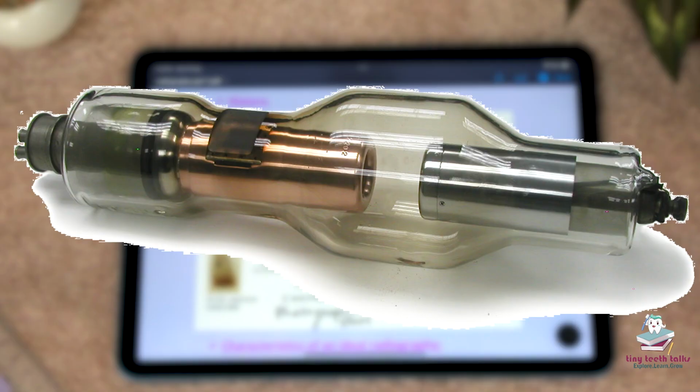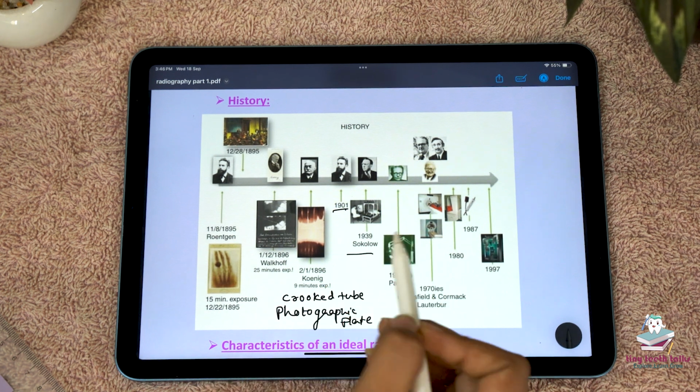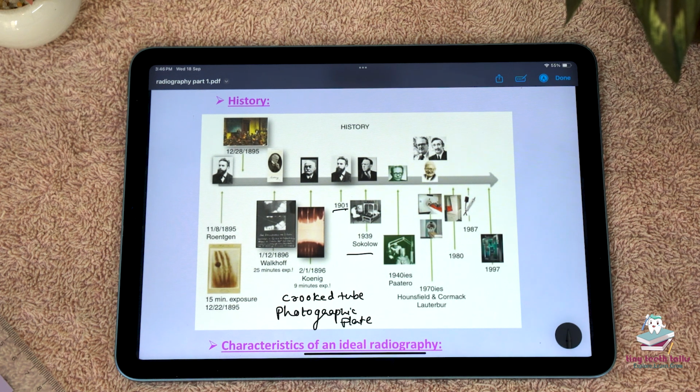In 1913, the first X-ray tube was invented by William D. Coolidge, which is the hot cathode X-ray tube. In 1925, the bitewing technique was introduced by Howard Riley Raper. In 1939, Morris Sokolov introduced an advancement in X-ray by optimizing anode and cathode configurations within the X-ray tube to produce a clearer and more detailed image. In the 1940s, particularly 1947, F.G. Fitzgerald introduced the long cone technique of radiograph, and in 1949, Finnish professor Yrjö Veli Paatero introduced the panoramic radiograph,